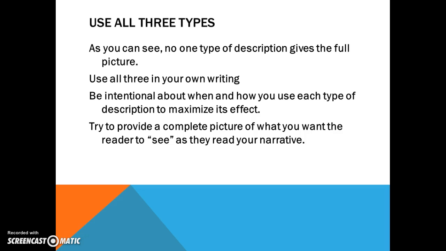Obviously, as you can see or hear, no one description is going to give a full picture. We have to kind of use all three in our writing to give a full picture of something. So just something I want you to be thinking about as you're writing your own narrative is to be intentional about how and when you use each type of description so you can maximize its effect. If you're trying to set a scene, from your perspective, subjective description might be really important. If you want to be more objective, you might want to bring that in